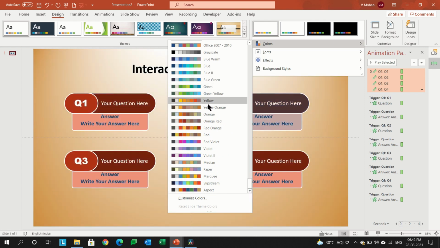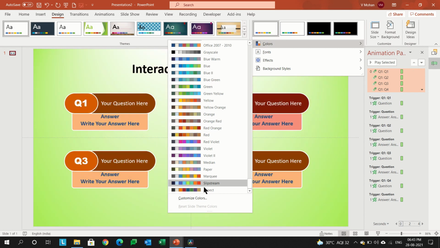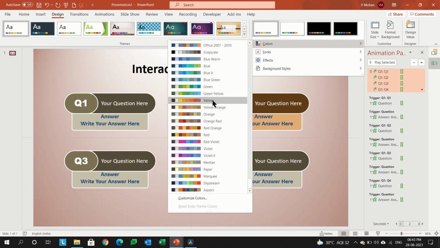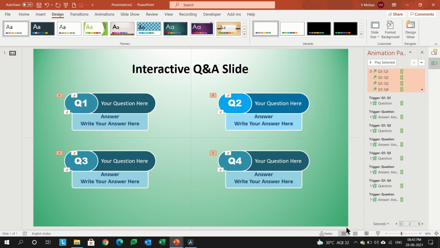So if you want to change to any other theme colors, you can just click on any of these options and change your color as and when required. Okay, so for the time being, I will select this color. If you want to apply this to all slides, you can select Apply to All Slides. If you want it for a specific slide, you can apply to the selected slide. I want this to be for the selected slide. So now the colors have been changed.